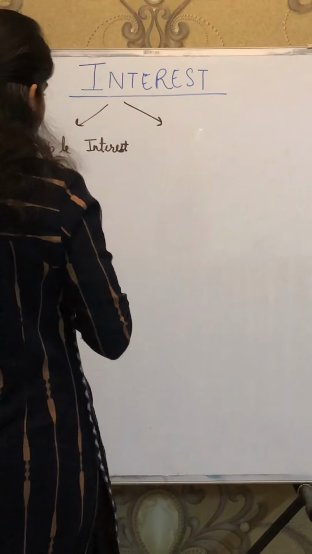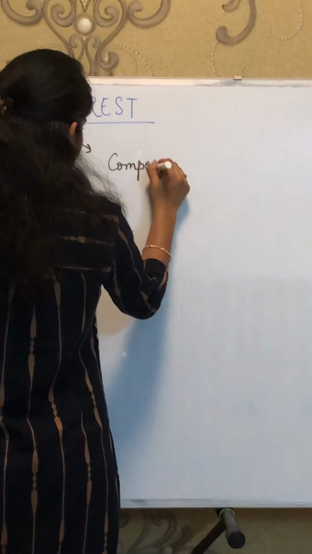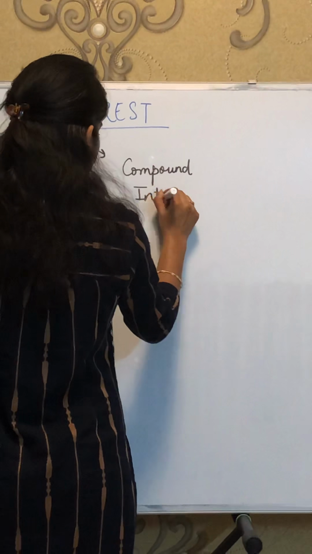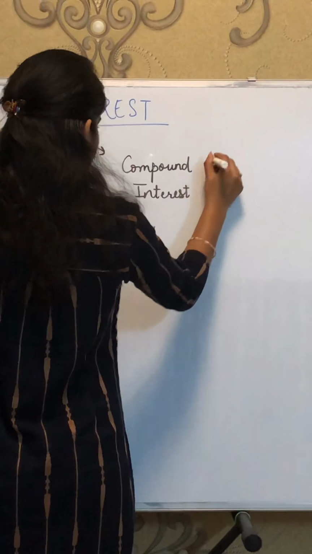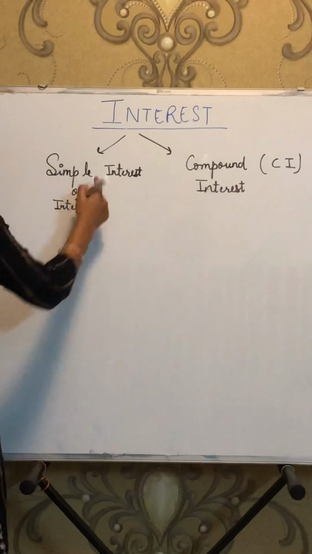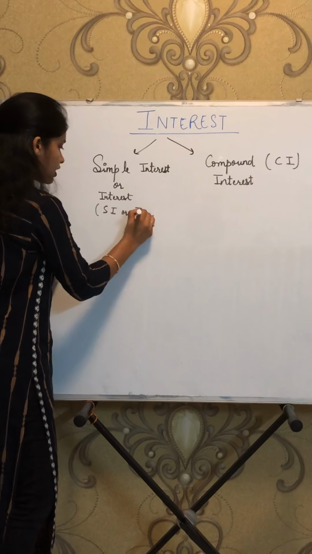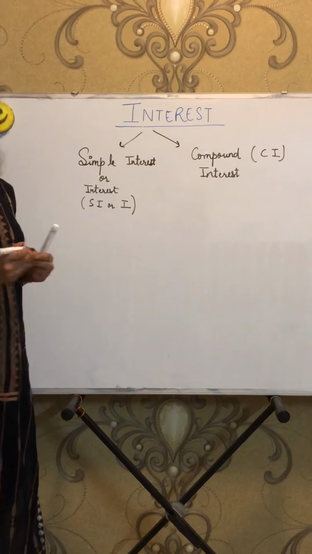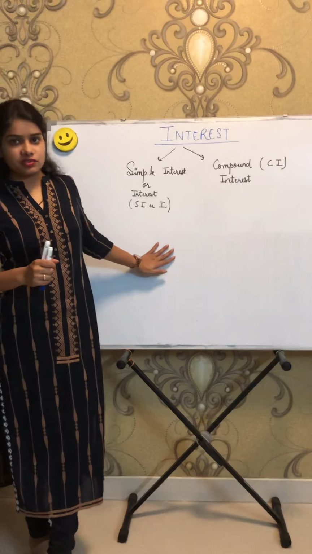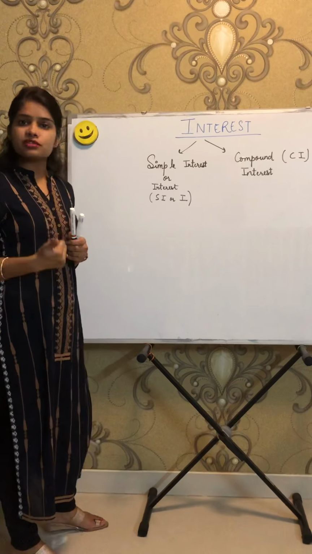And another we have is compound interest, CI we usually say, and here SI or just I. Okay, so I was talking about the simple interest,